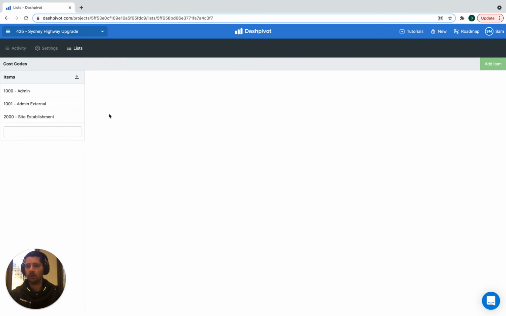There is a quick way to import an existing list if you already have one, let's say in Excel or Google Sheets or another software. You can just click this button here to run an import. Just make sure that the file that you're importing is a CSV file and not an Excel file. As long as it's a CSV, we'll be able to import that and it will auto-populate all of the list